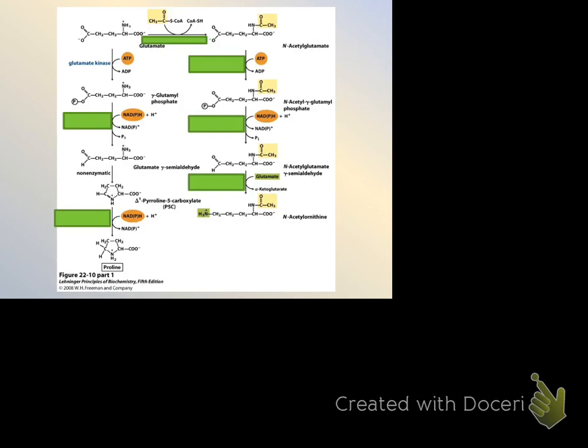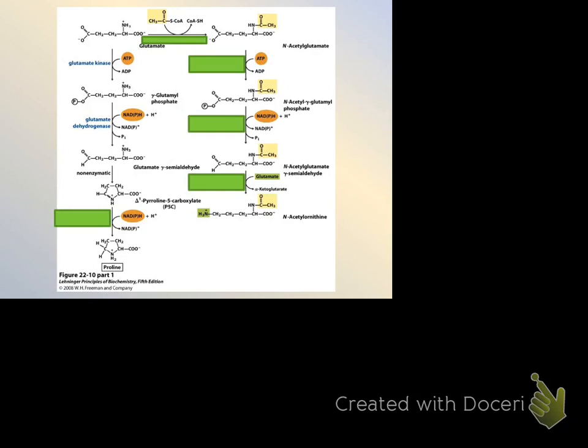So this utilizes an NADH or an NADPH, kicks off the inorganic phosphate to make an aldehyde. So what class or classes of enzymes utilize NADH or NADPH? Reductases. What else are they sometimes called? Dehydrogenases. And so if you were going to name this one, what would you name it? This one's glutamate, but if you say glutamyl phosphate, I would definitely give you the credit for it because people will know specifically exactly what you're talking about.